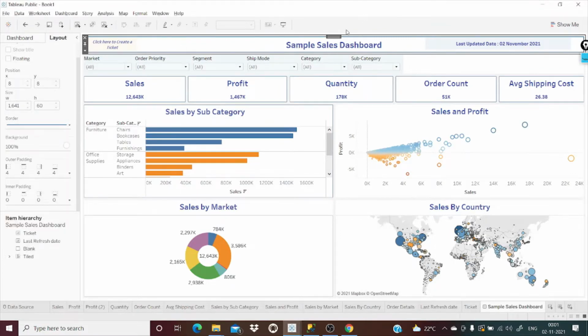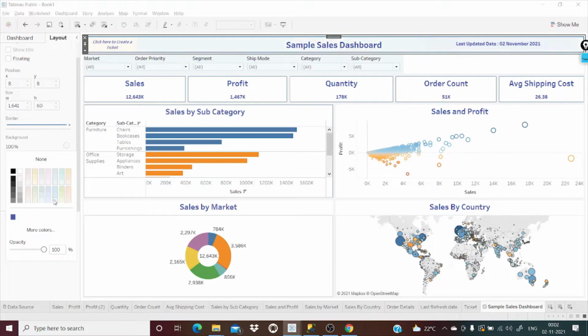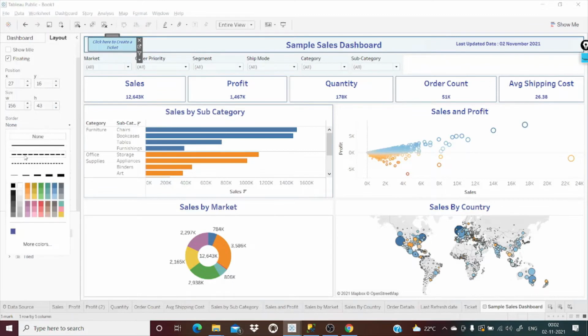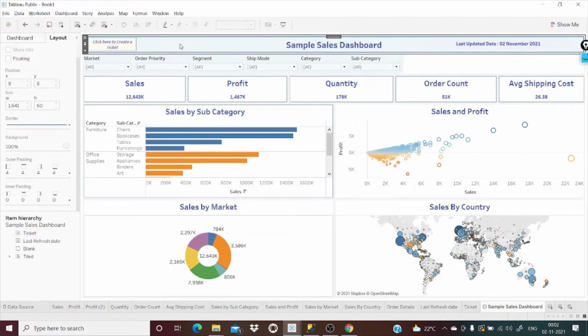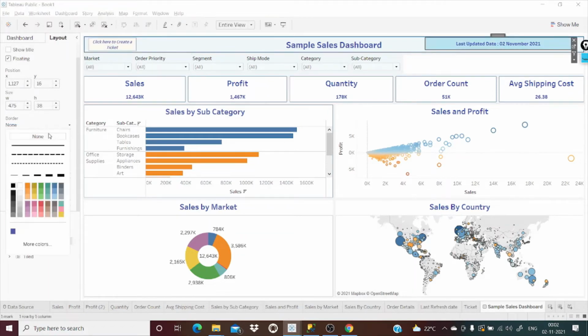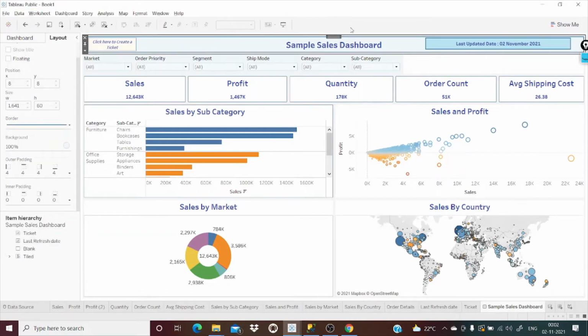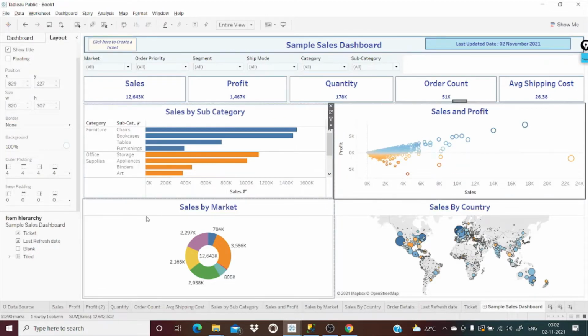Either instead of white, we'll make it blue. I think this is the one, right? Oh, this looks fine. If you want, you can give border to this one also. And the border looks good. And second one, blue. Now this is looking fine.